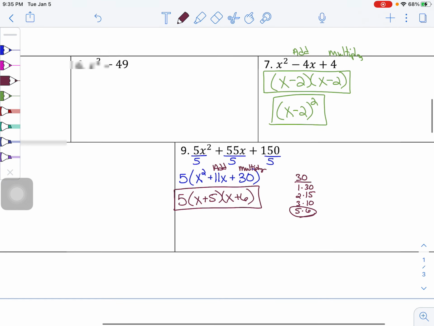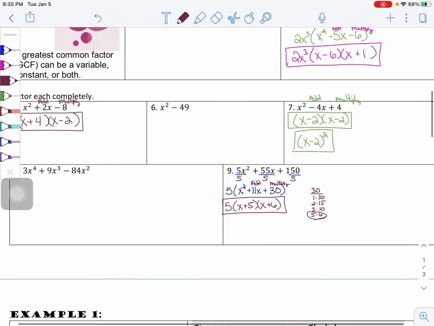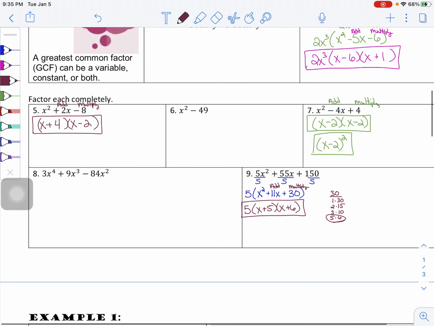All right, so that's a little review of factoring. Page 2 has more factoring on it that we'll get into. I'm going to make a separate video for that though. And again, any of the problems that I skipped, 8 here, 6 here, and any of the ones up top, those will be in the key. So let me know if you have any questions or concerns about